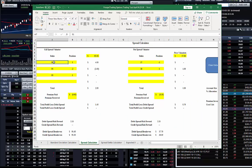So we go here, and we have the 170, 180, 185. Buy one, sell two, buy one. Ideal place to go, our target strike, 180. And we said that we had to pay $2.75 to do that. So if we do go to our targeted strike, which is the best place for it to go, we're going